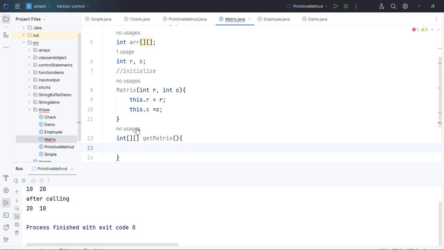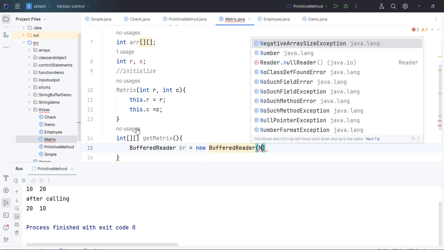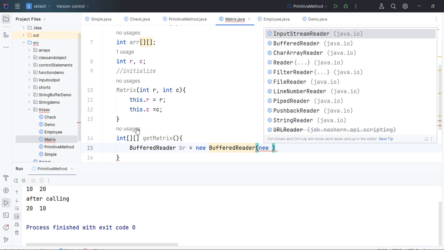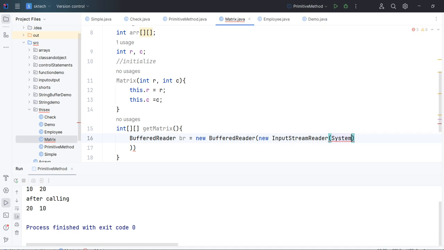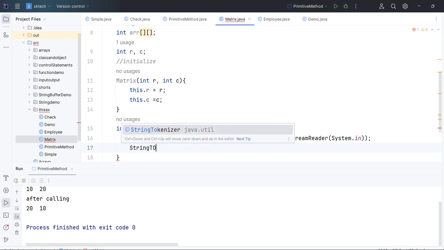As we have already discussed in one of the videos how to read data from the keyboard using BufferedReader, let's write BufferedReader br equal to new BufferedReader, inside that new InputStreamReader, and here we need to provide System.in. To take the data from the keyboard, since we are using the BufferedReader, we need to use a tokenizer. So let's write StringTokenizer st.